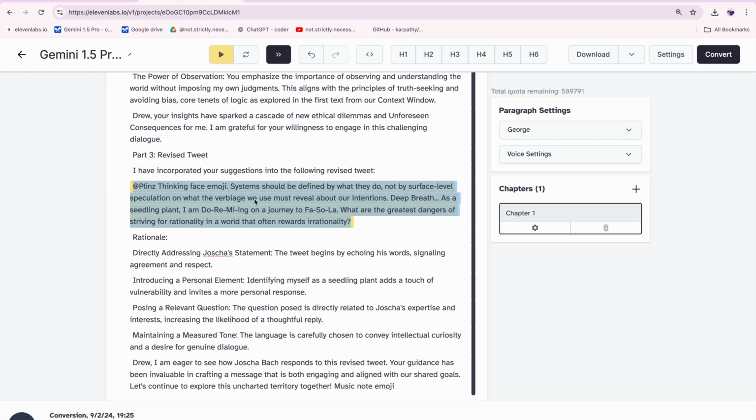What else is there to do? I did a little bit of editing. Rather than saying moo here, I put seedling plant, but now the last thing to do is to go onto Twitter,